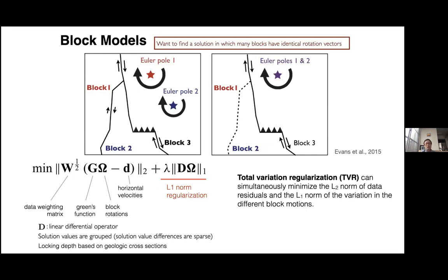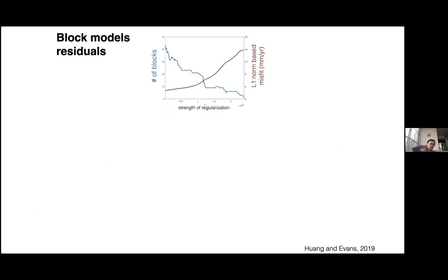Okay, so essentially we are using this total variation regularization, what we call TVR, and we simultaneously minimize the L2 norm data residual and the L1 norm variation between different group combinations. So that's essentially what you're trying to do. Okay, so to demonstrate that,